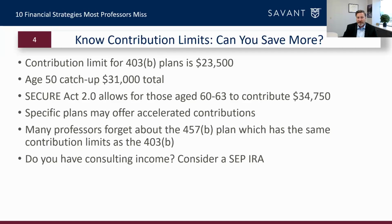On top of that, if you've done any consulting this year and you were paid as an independent contractor, there are additional options to save some of that specific income tax deferred with plans like a SEP IRA. And that's in addition to the limits that we just discussed through the university. So if you're a higher income faculty member at a university and you have self-employment income in addition to your salary, there could be an opportunity in most cases to defer over $100,000 of your taxable income this calendar year